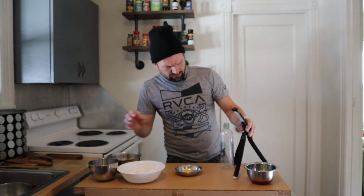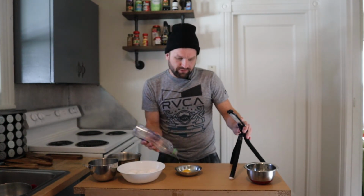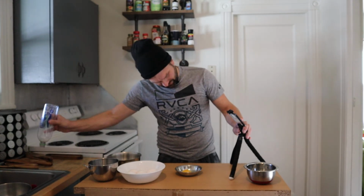Now what we're gonna do is we're actually gonna bring our camera over so we can get a close-up of this. Okay, so let's see how this works. I'm gonna tighten this up. Probably won't have luck with it. All right, so you're gonna take your empty water bottle, you're gonna give it a slight squeeze, okay? And you're just gonna make sure the water bottle is clean. It has a little bit of water in it because I rinsed it out, not that it matters. You're gonna give it a slight squeeze, touch the top of the bottle to the egg yolk, and then you're just gonna release just like,